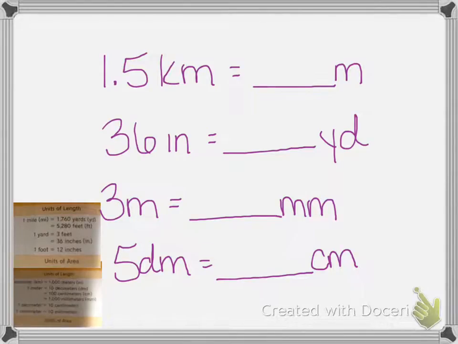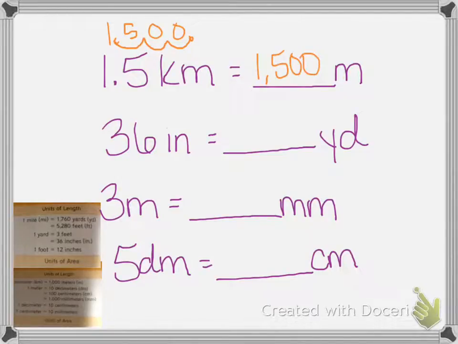Number 4 says complete. So the first one, we have 1.5 kilometers equals how many meters? So if we look, 1 kilometer equals 1,000 meters. So we have to times 1.5 times 1,000. When we times by powers of 10, we just move the decimal point. So if I have 1.5, I need to move it to the right 1, 2, 3 times. Therefore, it would be